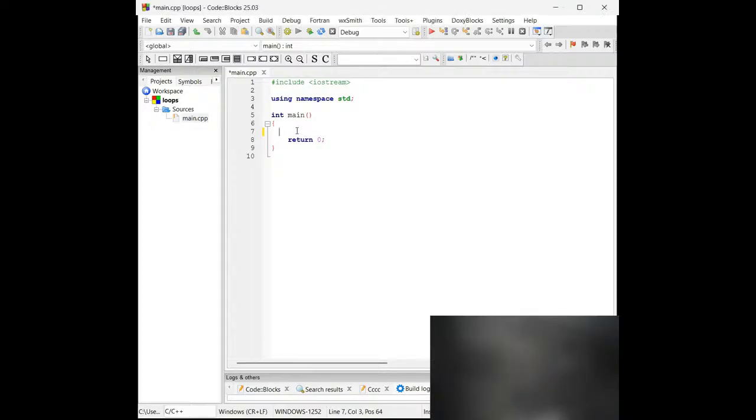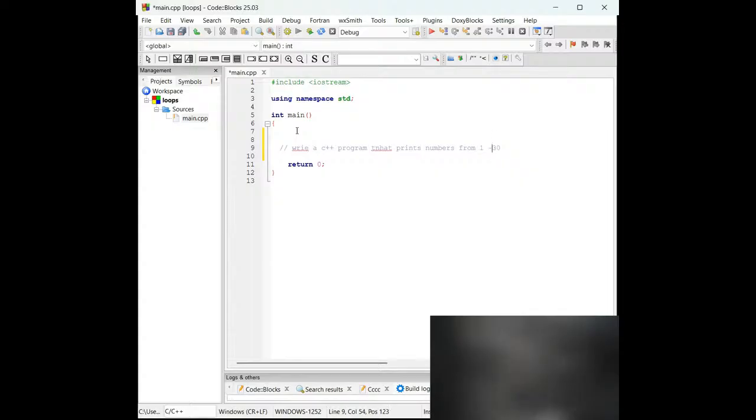A typical example is this. You have a question asking you to write a C++ program that prints numbers from, let's say, 1 to 30.